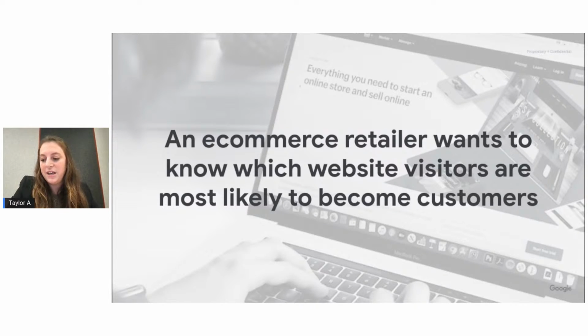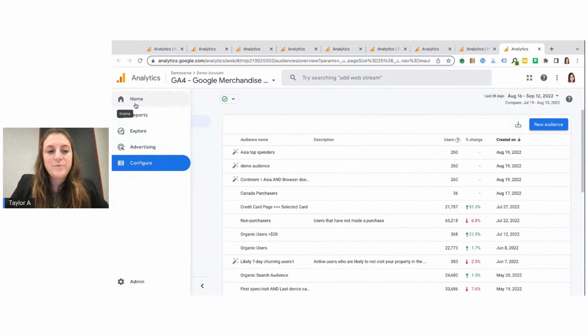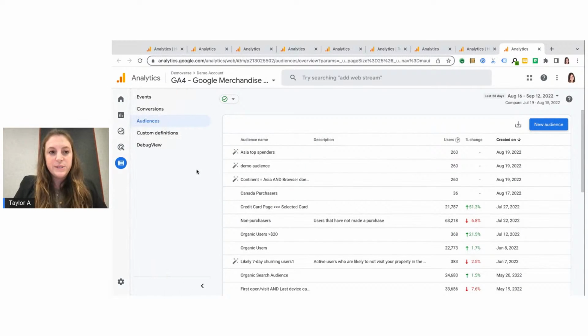So to jump to the next use case, an e-commerce retailer wants to know which website visitors are most likely to become customers. So what I'm going to show here is audiences. So I'm going to jump to the audience tab. So in order to do this, you would go to the left-hand rail under configure, which is